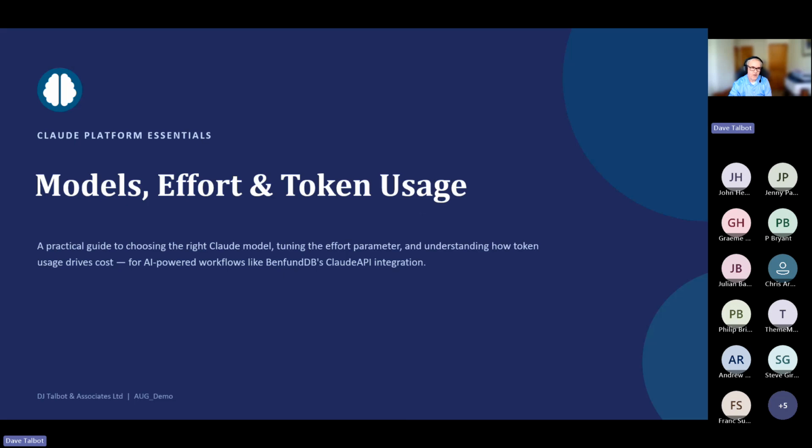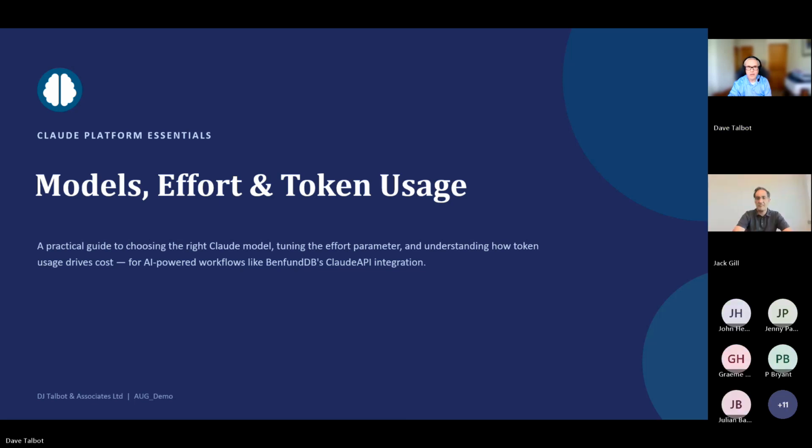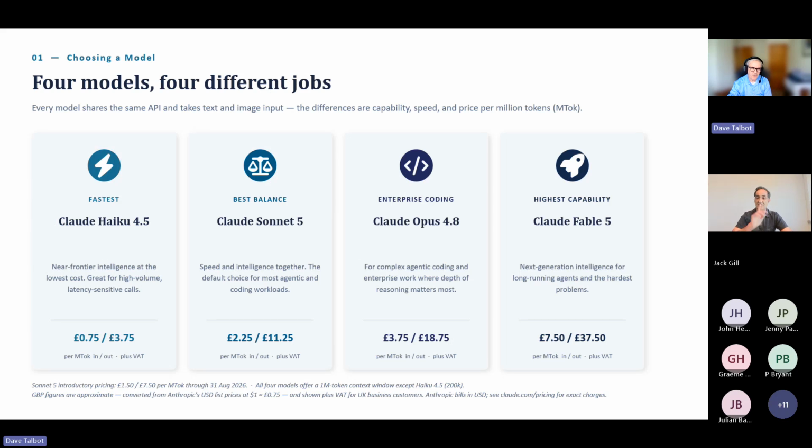So I'm going to very quickly talk about models, effort, and token usage. Is that somebody trying to get in? No, I don't think so. I'm going to talk about model, effort, and token usage. Some of you will know all of this, and I apologize, but some will be less familiar, and it's worth just mentioning it. So currently, there are 4